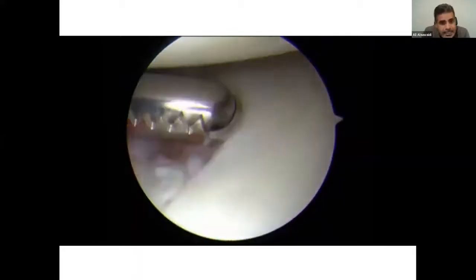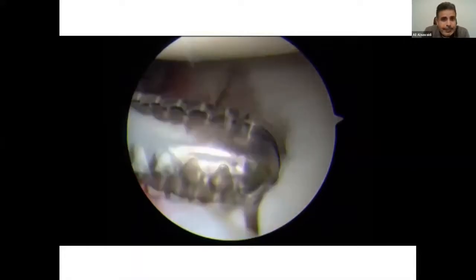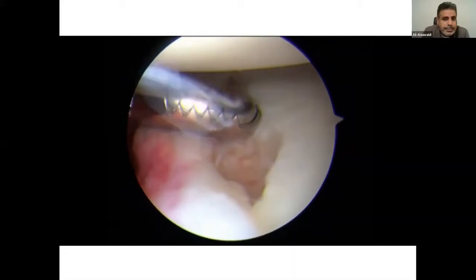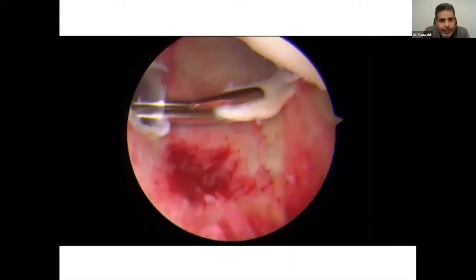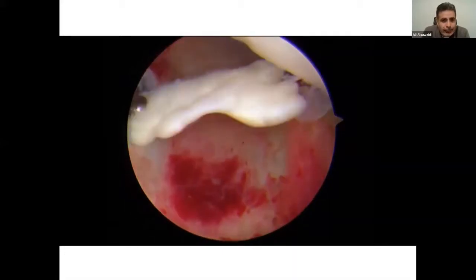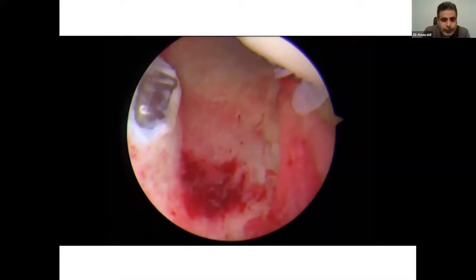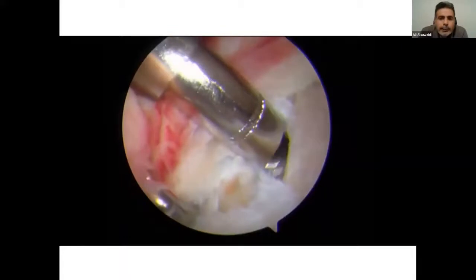There is no significant loss of bone, but there is loss of cartilage, and those are the pieces of cartilage that are flying around, whether they came from the reverse Hill-Sachs or from here. Now look at that piece that came out, that's been flying all around the place, causing him a lot of trouble. So I went ahead and